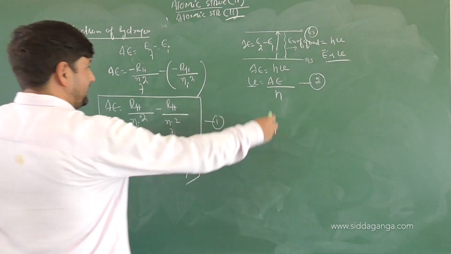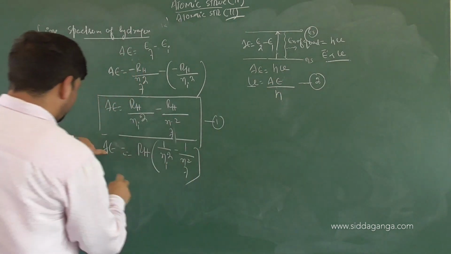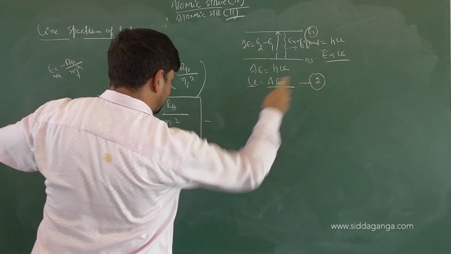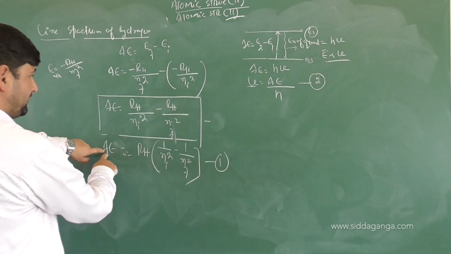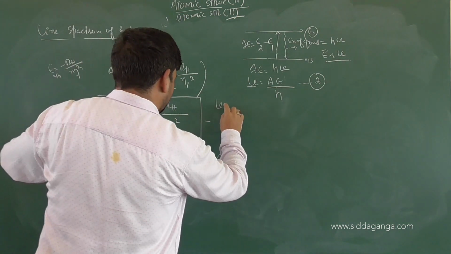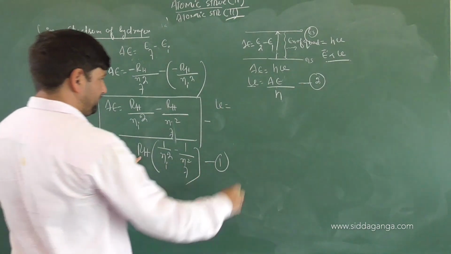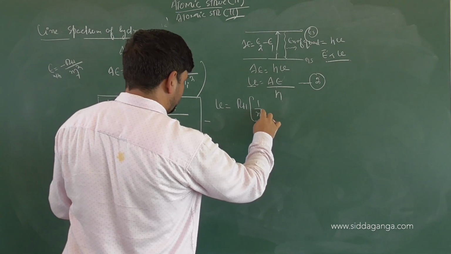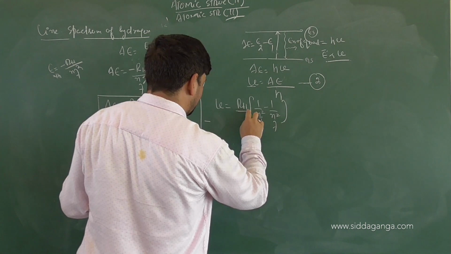So further, what is delta E equal to? H nu. What will nu be equal to? Delta E by h. So can I write this equation here, suppose this is the first equation and this is the second equation. Now what should we do? Put the values into it. Delta E equals RH. So what is nu equal to? Write it down here. Nu equals delta E. What is delta E equal to? RH into 1 by n initial square minus 1 by n final square, divided by h also.